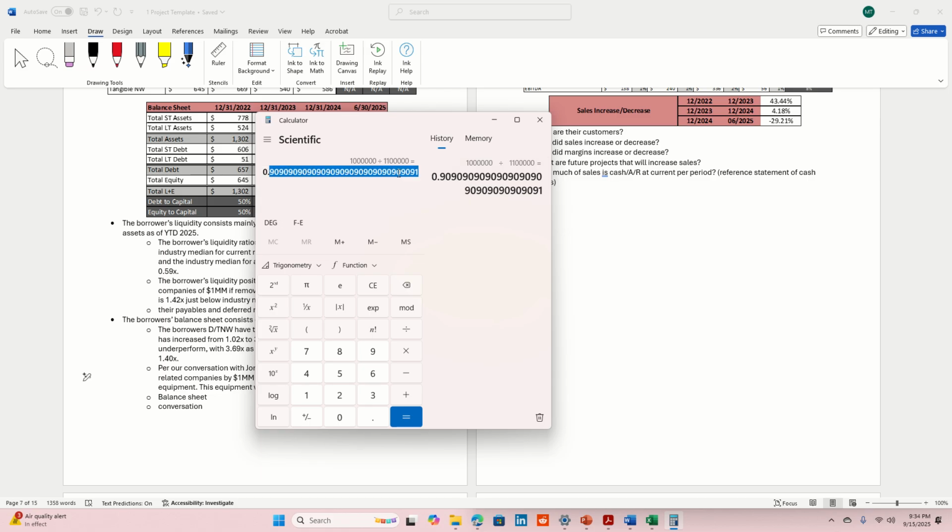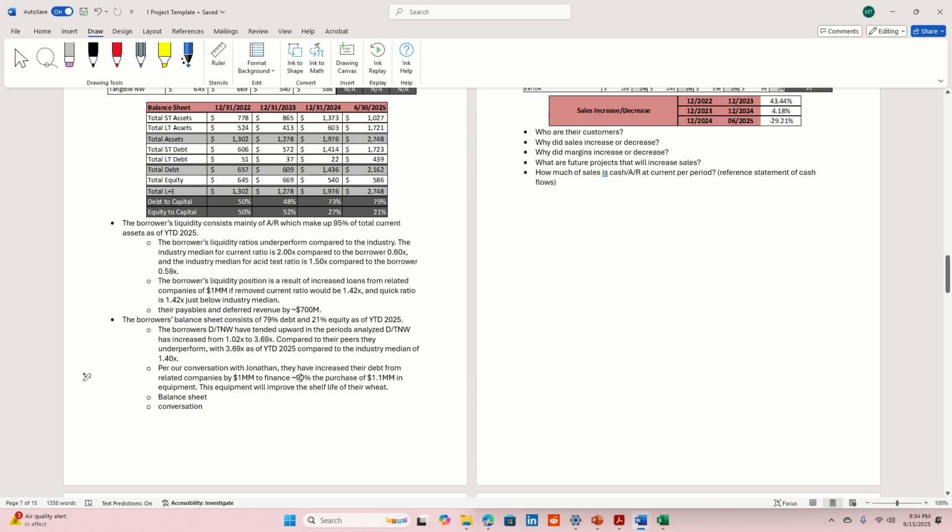All right, let me not say 1.1 million. Let's do 1 divided by 1.121, and then that gets us to 89%, which rounds to 90%. And remember, this symbol right here means about, so close to. Okay, so that's a pretty decent statement right there. That's fairly decent. Per our conversation with Jonathan,